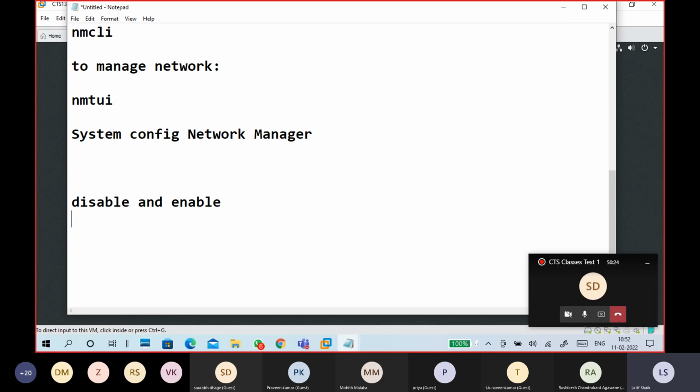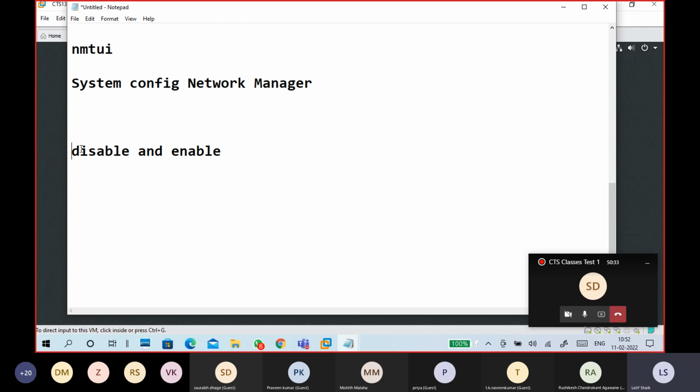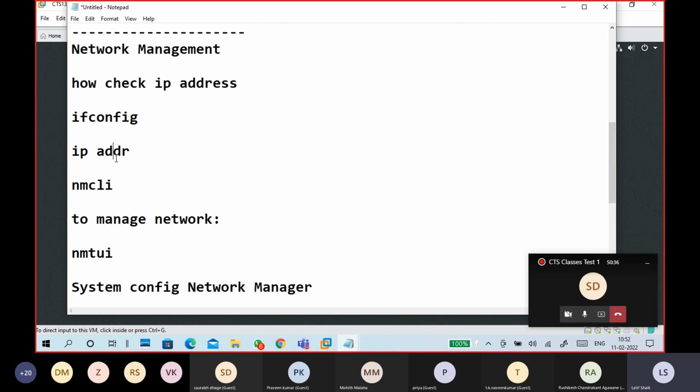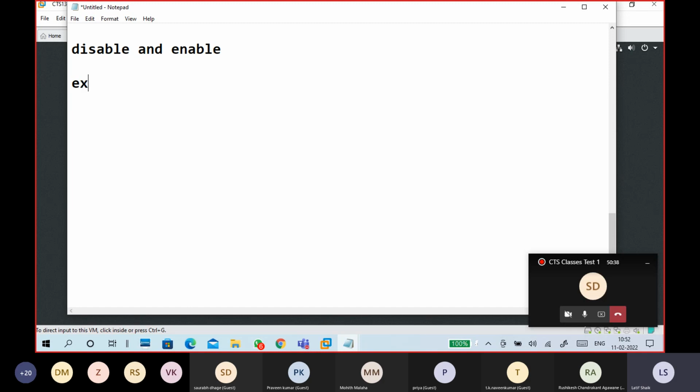Disable and enable adapter. First, you should know what your adapter name is. So you can use a command like a CLI, like this kind of stuff. For example, your NIC name is ENS33. If you want to disable, ifdown means you turn off ENS33.